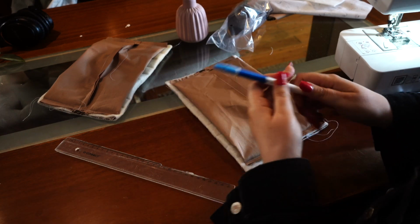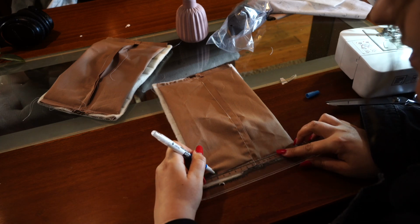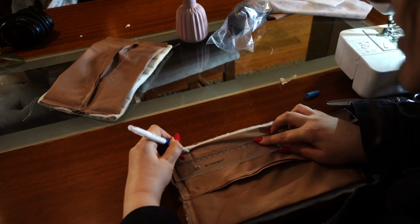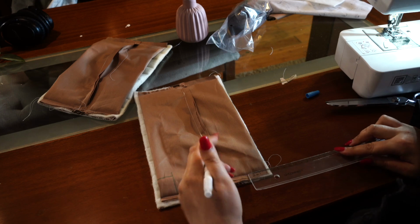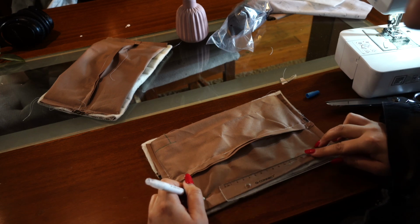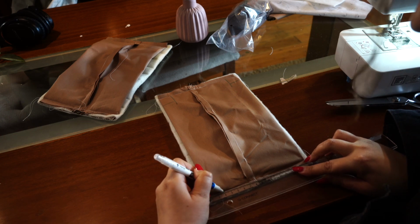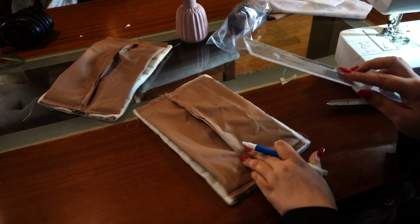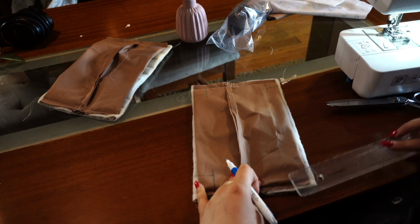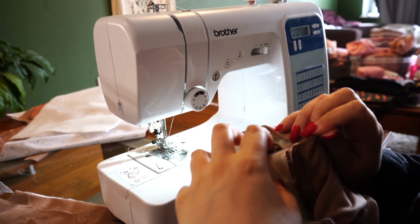So now we're just boxing out the corners. The height and width of these corners determine how large or rectangular your makeup bag will be. And again, it really depends on your quilt, your wadding, the thickness of it, the materials, the fabric that it's from. So even if you watch tutorials,